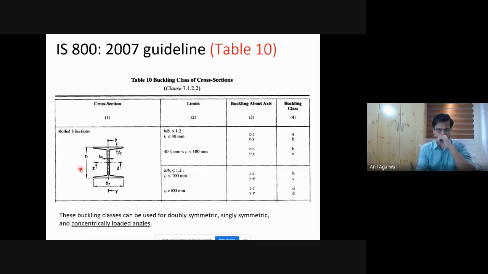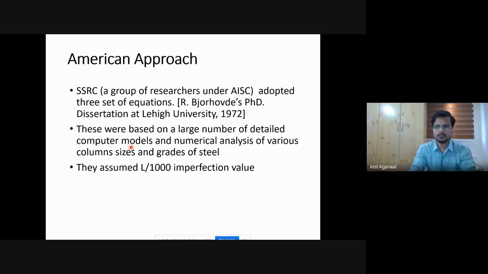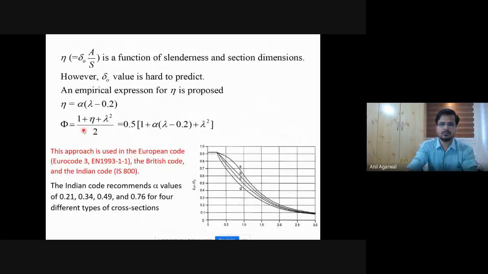Okay, how do you get the alpha value? The alpha value depends on the buckling class, whether it is A, B, C, or D. So based on what kind of cross section you have, if it's a rolled I section, and based on what thicknesses you have, and based on which axis of buckling we are talking about, you have to pick A, B, C, or D class of buckling. Okay, and once you know the class of buckling, you use that information to pick the correct alpha value. So if it's a D class, then the alpha value will be equal to 0.76. That is this one. So the predicted column capacity will be much smaller in the case of the class D curve.